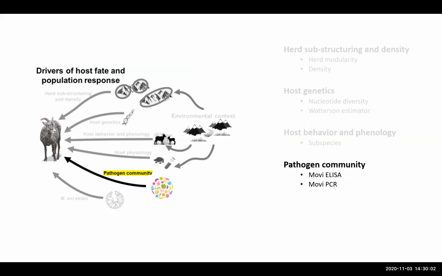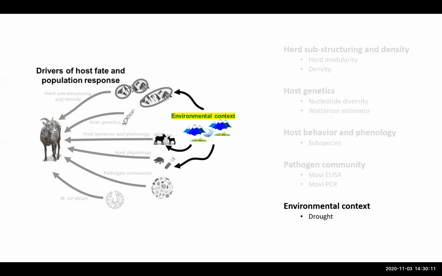For pathogen community, for this model, we focused just on our ELISA and PCR results for MOV. And then finally, for environment, we looked at drought as a metric here. We focused on lag drought, expecting the impact of drought on an animal to show an effect the following year. We also felt like drought could drive behavior in the different subspecies, particularly deserts. Water is a very limiting resource in the desert, and during drought, it becomes even more limiting, which could increase grouping and congregation and mixing between desert animals, which could increase the chance of pathogen spread, which could lower lamb recruitment following die-offs.